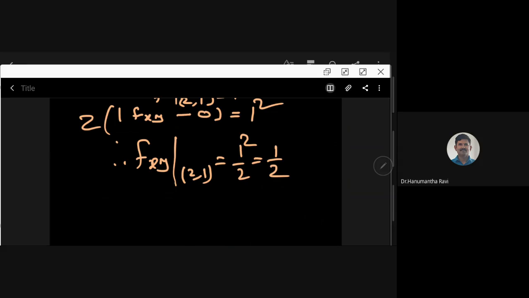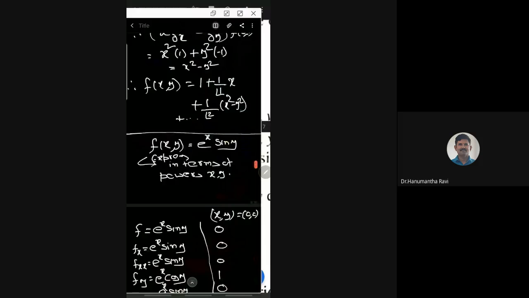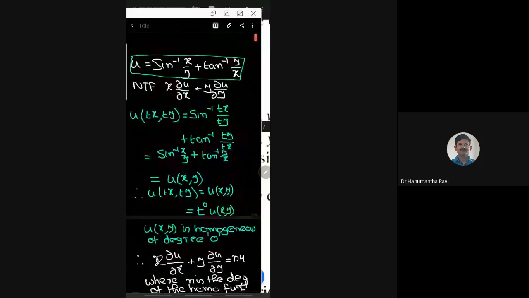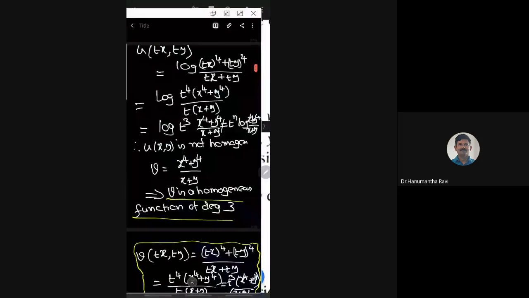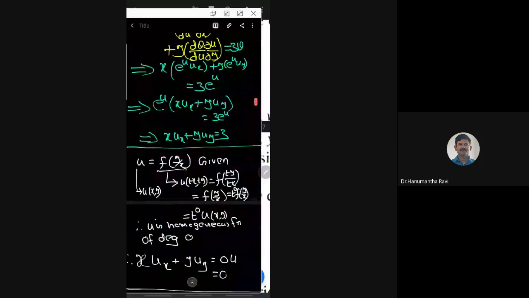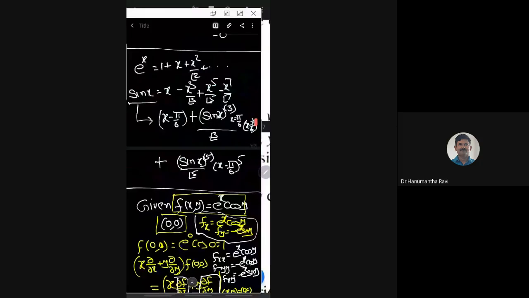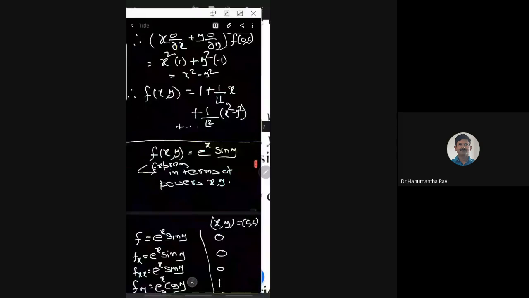So see here, so far, what are the topics we have covered? We have done good number of problems on chain rule in this session, and applications of Euler's theorem we have done good number of problems. Thereafter, we have done Taylor's and Maclaurin series for functions of one variable and two variables. We have done good number of problems,